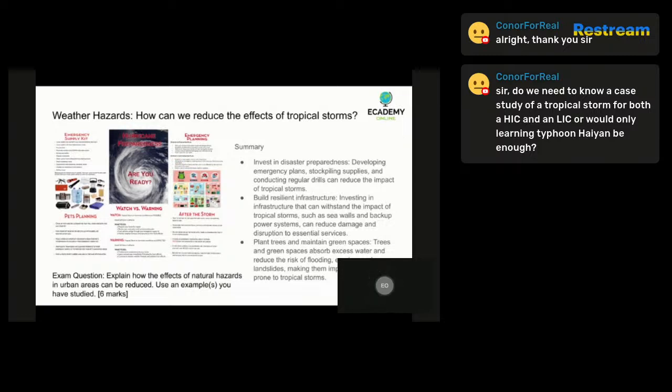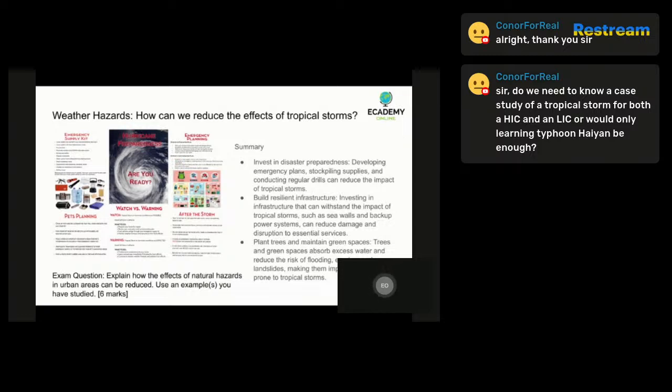Thirdly, you can plant trees and maintain green spaces. So trees and green spaces can reduce the impact of tropical storms by absorbing excess water and reducing the risk of flooding. And this can also help to reduce erosion and landslides, which can be a major risk in areas